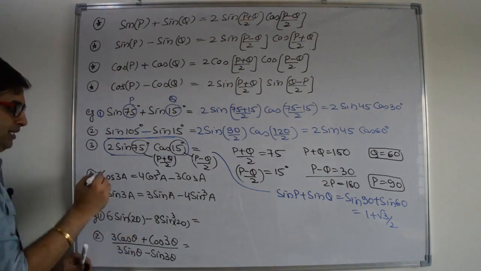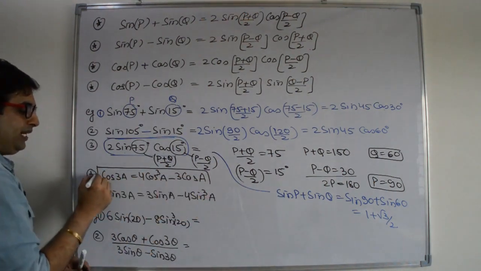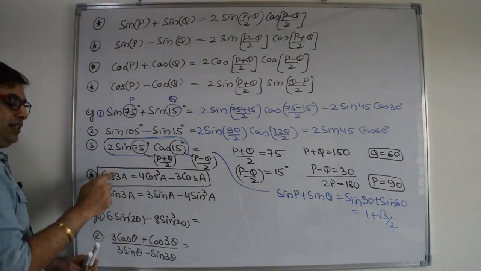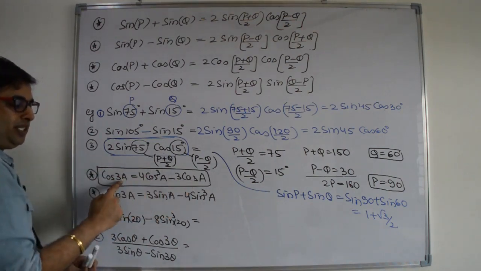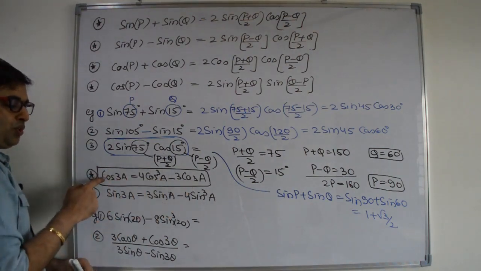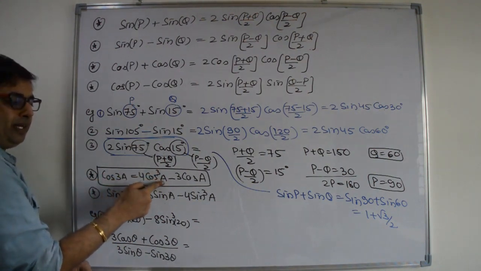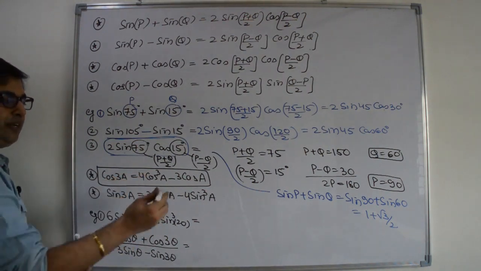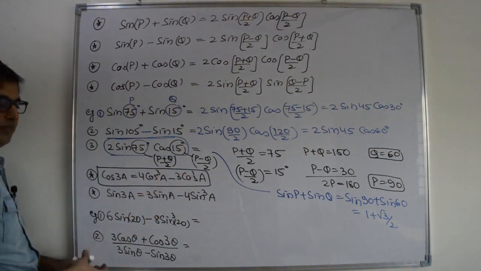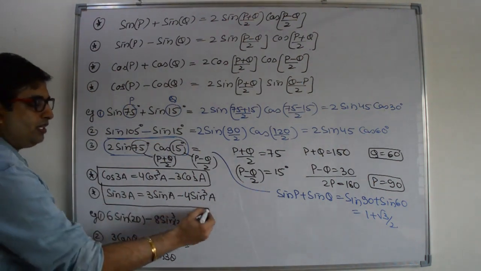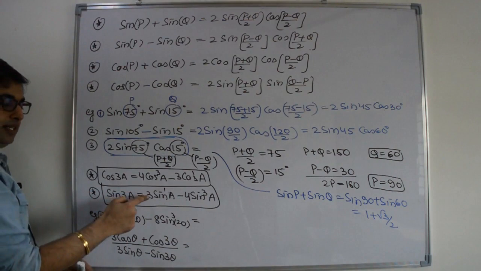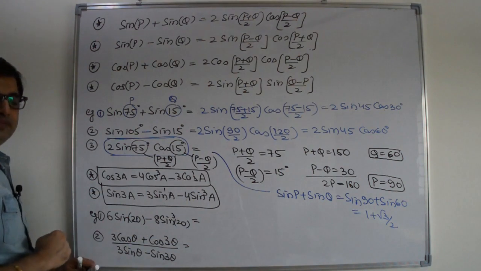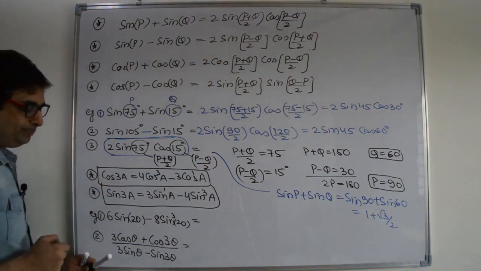Okay, now let us see the next type of formula. Next type of formula is cos 3a, 3 times angle. 3 times angle and we are converted into a. 3a is converted into a. So cos 3a is 4 cos cube a minus 3 cos a. When we have cube, then 4 will come in multiplication. When we have power 1, then 3 will come in multiplication. Same thing in sine. Sin 3a is 3 into sine power 1 minus 4 into sine power 3. Right? You have to remember these two formulas also.